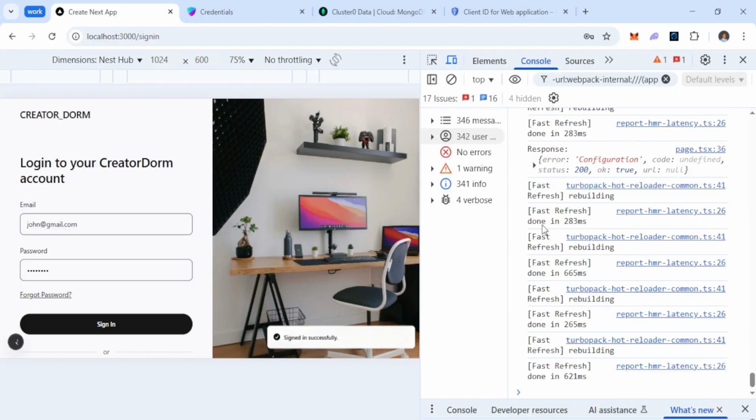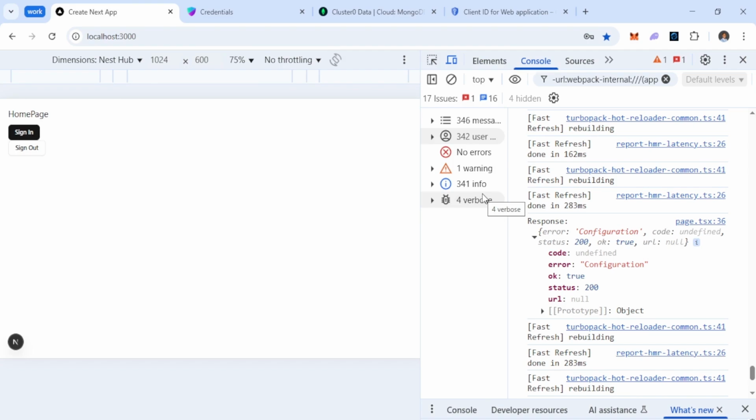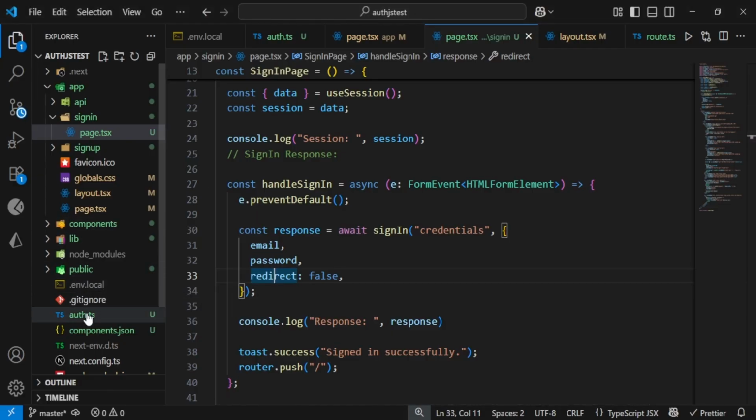If you look at this, you are going to see the code, the error, the status, and the URL. So with this now, we can actually solve this problem. We are getting the error, but our application cannot handle that, and NextAuth actually said that we are going to handle that ourselves. So what we can do is first change our error message to actually make sense. So we'll go to auth.js again,